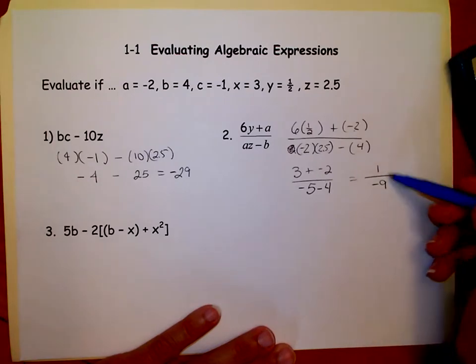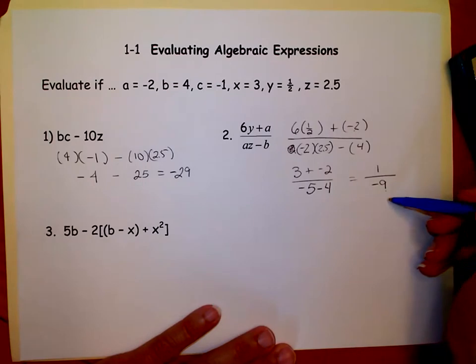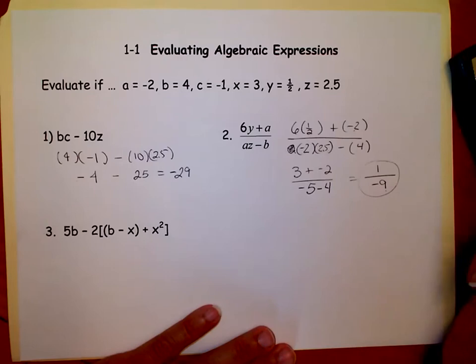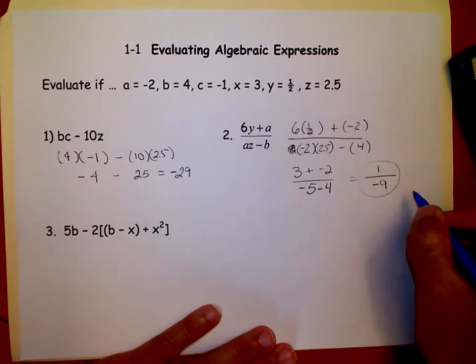And you'll see that we really can't reduce or divide, this is a 1 on top, there's nothing we can reduce or divide, so that's our answer. If you put it in your calculator, you'd get a repeating decimal, so this is probably the best way to do it, is to leave it in that fraction form.